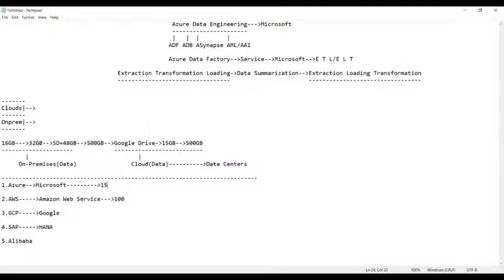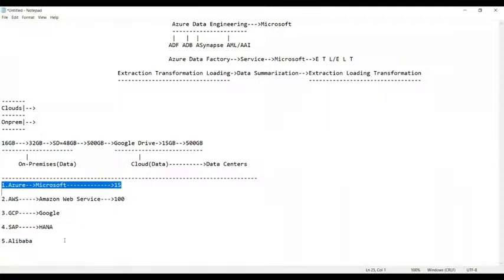So Azure is a very economical service, comparatively cheaper than Amazon. Hence the market leader and the number one product available in the market in cloud technology is Azure, from Microsoft. Getting my point?